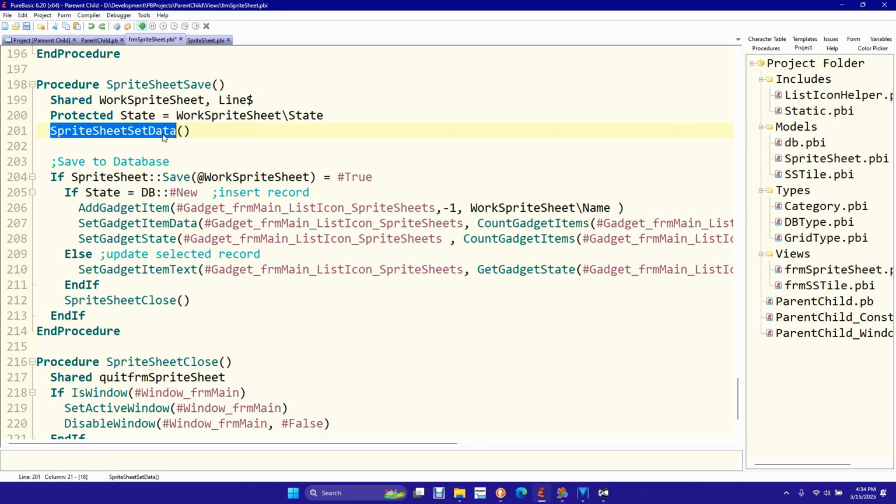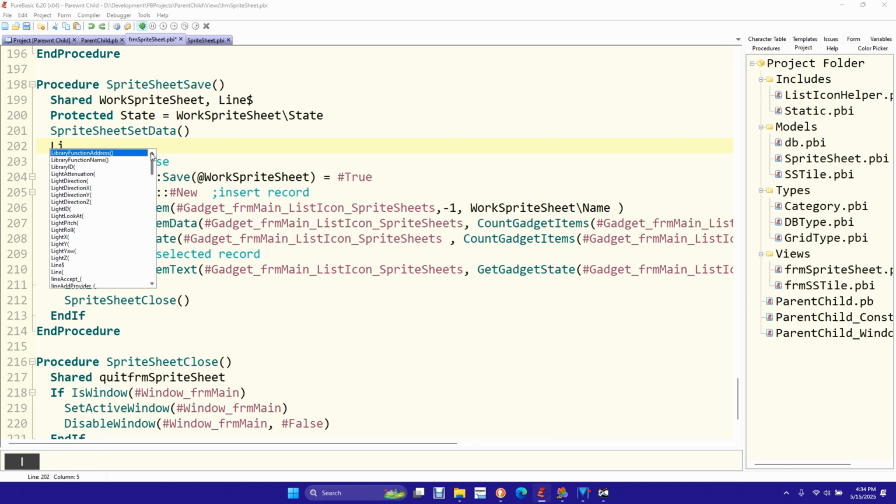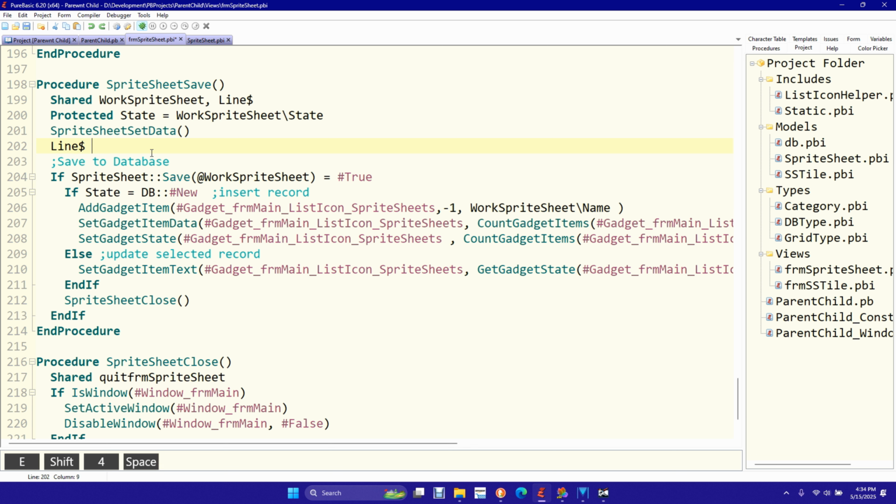And so after that's done, we'll come over here and say line equals, we can say work sprite sheet name. And we will put that here. And then we can say plus pound